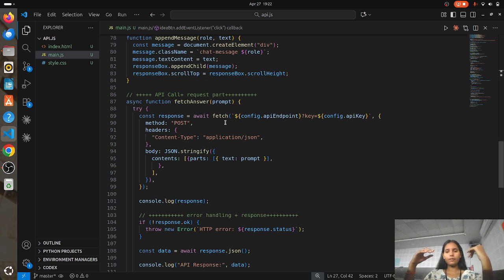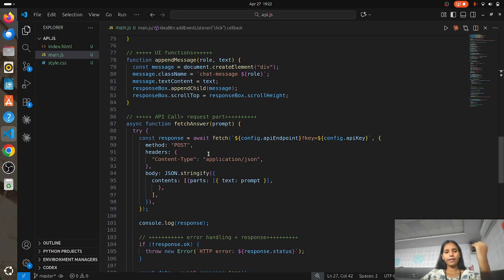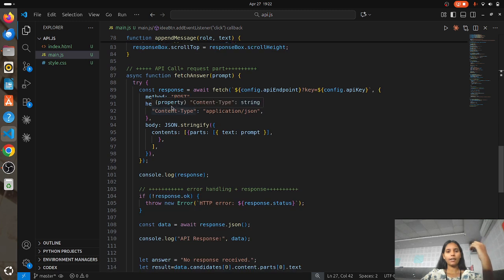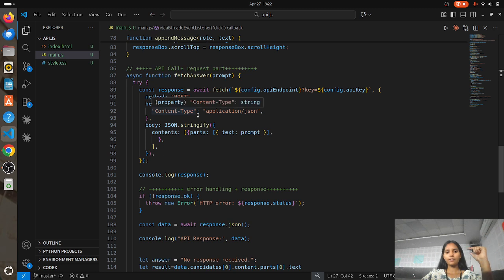JS is a scripting language and JS runs line by line. So async is not a single-threaded behavior. And I use try and catch. Try and catch is an error handler. In this we write the code which is more risky. Like I take one response container and I give some information about my API address and which kind of method I use. I use POST, and this is the extra information for the